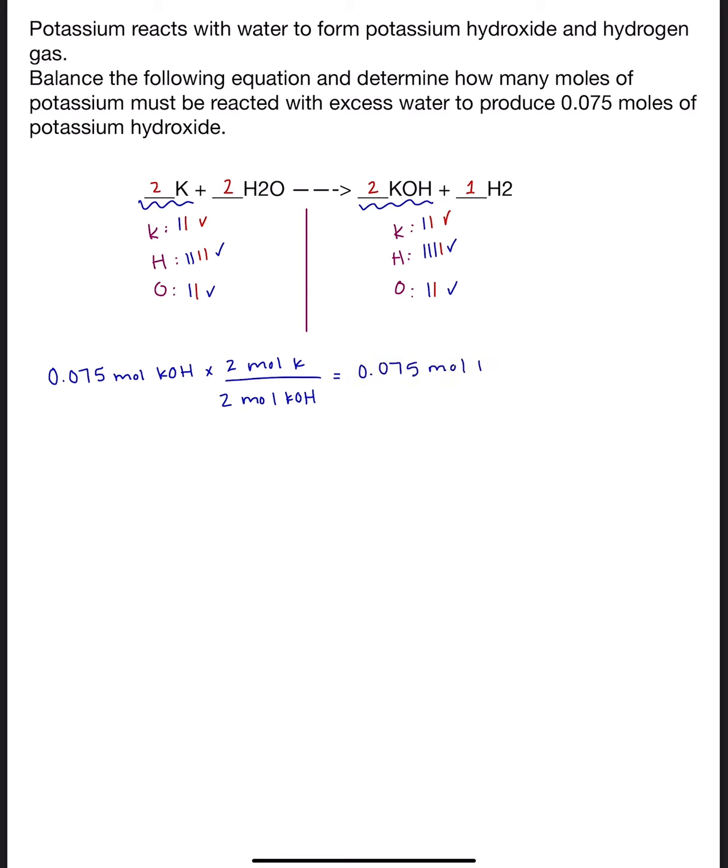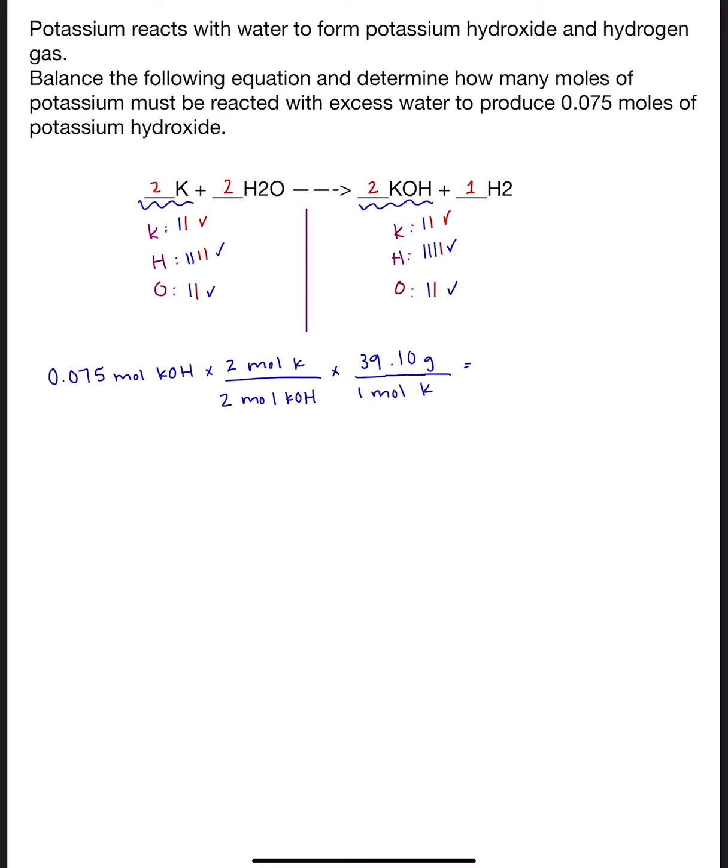Moles of potassium. So that's how many moles of potassium must be reacted with water to produce that amount of moles of potassium hydroxide. If I wanted to move a step further, and say I wanted to find the grams of potassium, then I would just use my AMU. So I would have 1 mole of potassium on the bottom to cancel that out, which is equal to 39.1